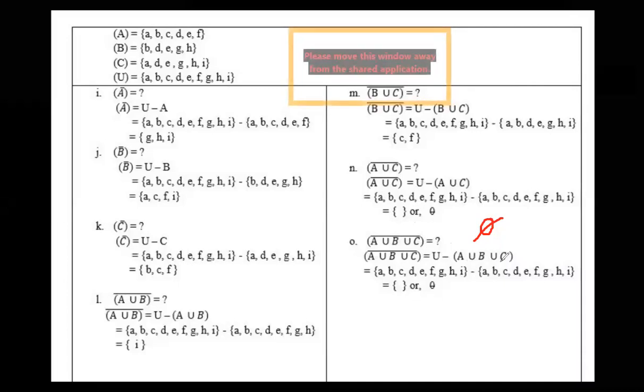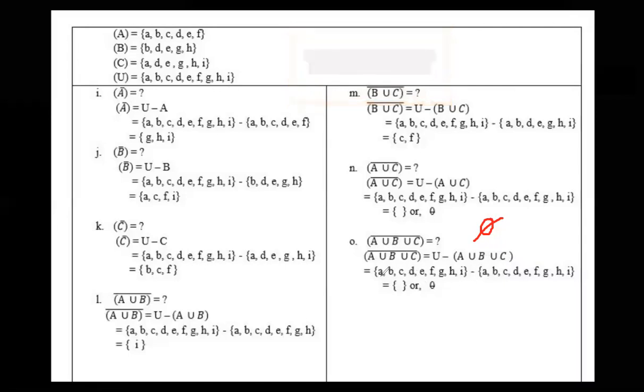So A union B union C whole complement. I can put the value. We already got the answer of this one. So pick your copy, already pulled out. You will get the answer of A union B union C. Did you not understand how this came? Complement means you minus, write down the number which is under this roof. So it's A union B union C. Put the value of universal set, put the value of A union B union C.